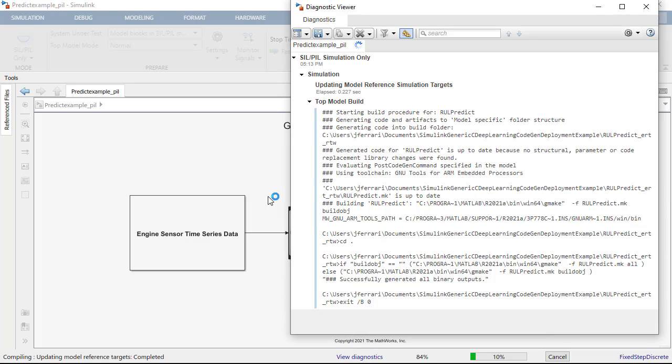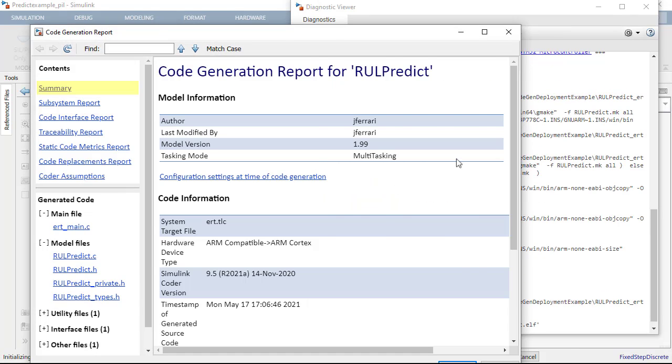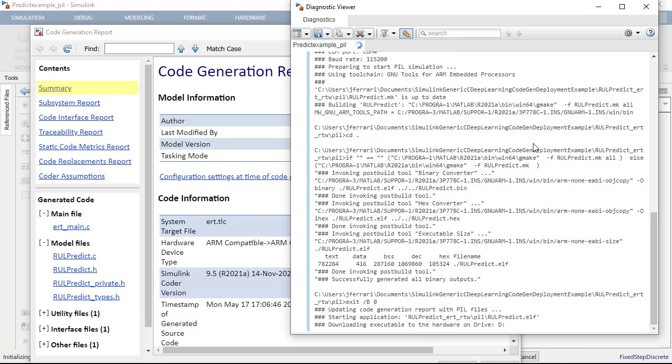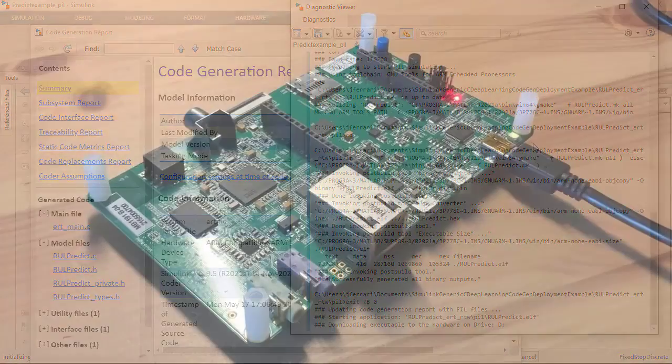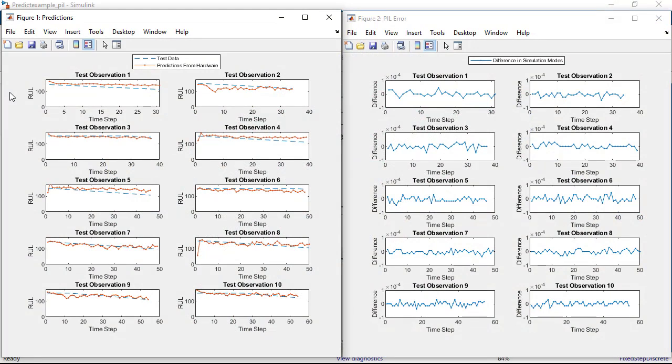Code is first generated for the model reference block in PIL mode. A connection is established with our Cortex-M Discovery Board. And finally, the source code is built and downloaded to it. The left set of plots show the results from running the generated code on hardware closely follows the actual test data. To verify the code's numerical accuracy, we created a second set of plots on the right to show the differences in predictions while running the simulation in Simulink and in PIL mode on our target hardware. All 10 observations show the deviation to be within a tolerance band of about 500 thousandths, a negligible effect on